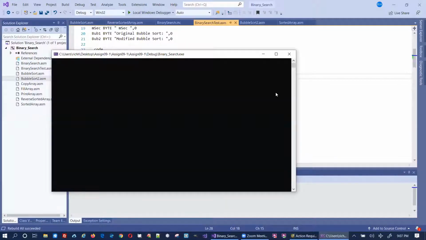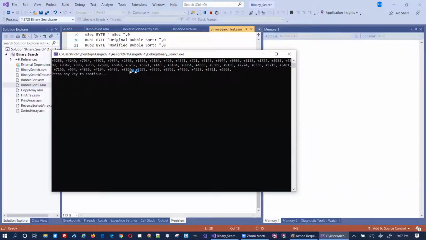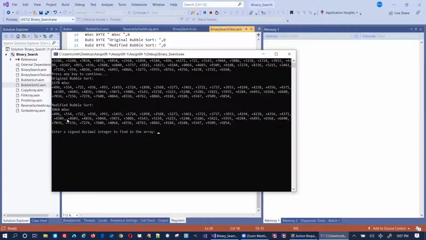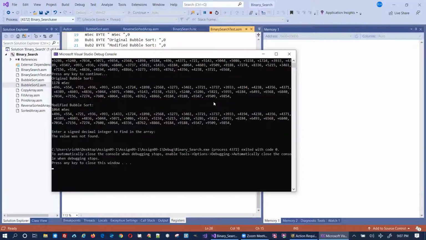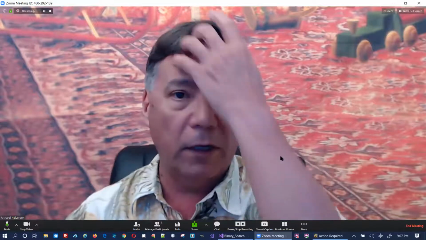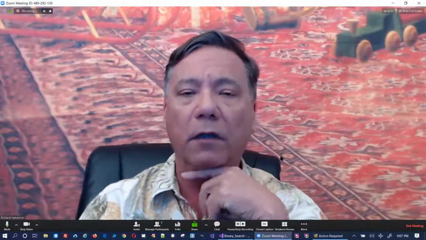We end up with a nice big array there, and the original takes 1178, and the modified takes a little bit less, 1064. All right, so that shows you how to create a perfectly sorted array and a perfectly unsorted array,